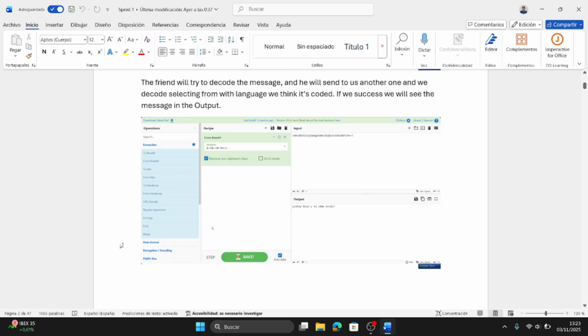We can send the message encoded to a friend, and he can put it in the input, and if he says how he encoded, we can select the buttons to decode the message, and if we don't know the recipe, we have to try combinations until we get the code.